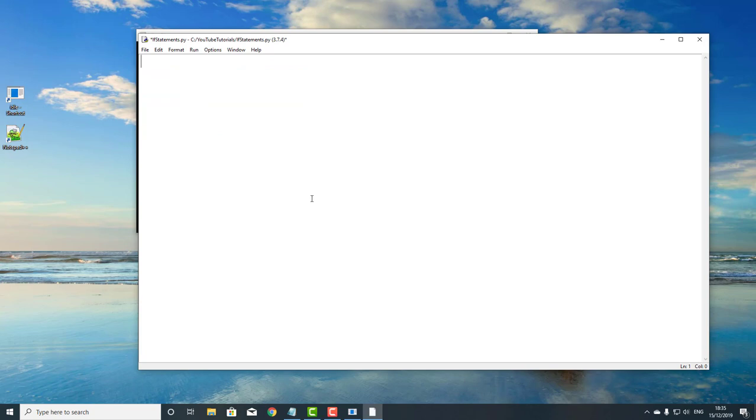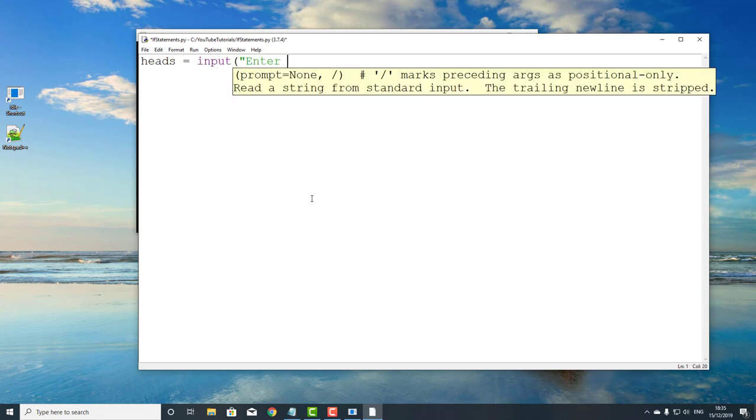The last thing I want to show you is to do with the Boolean value from last time. So when I said you shouldn't really ask the user for a Boolean value and convert it into a Boolean because of the way that works, what we can do is we could say something like heads, for heads or tails, equals input, enter heads or tails,